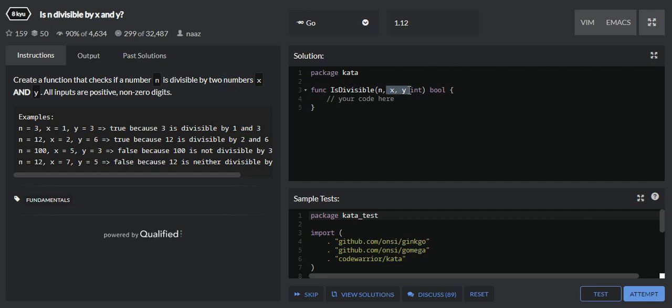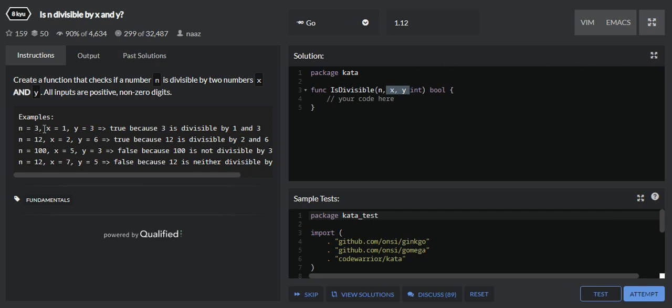We have to check whether the number n is divisible by x and y, and all the inputs are positive and non-zero.